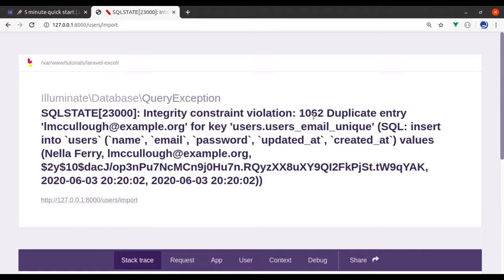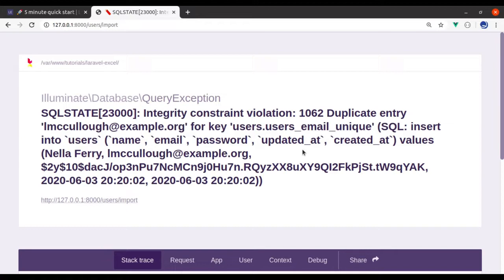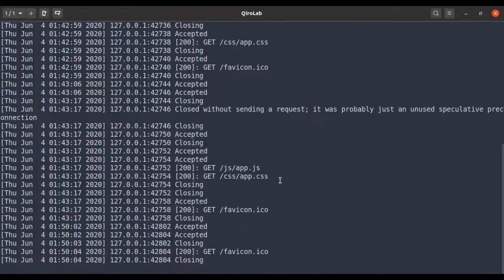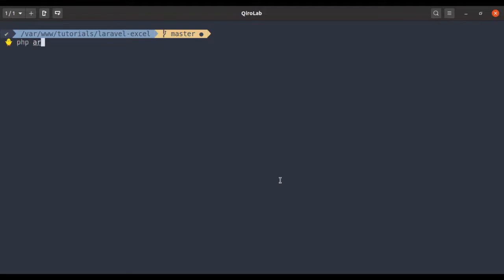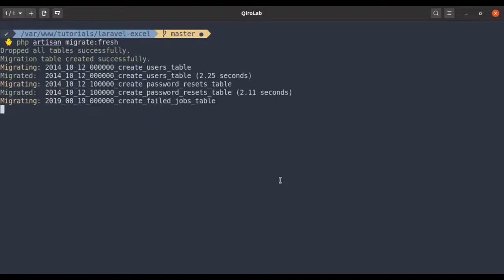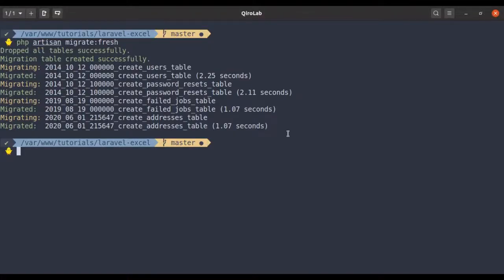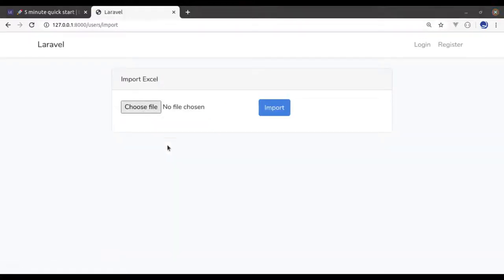Let's see. Here I'll import that Excel file. Of course, here we will get the error because at the database level the email address must be unique. In a moment I will also show you how you can handle this error when uploading an Excel file. So first I will roll back the migration. So php artisan migrate:fresh, php artisan serve, refresh. Now let's try to import the Excel file,